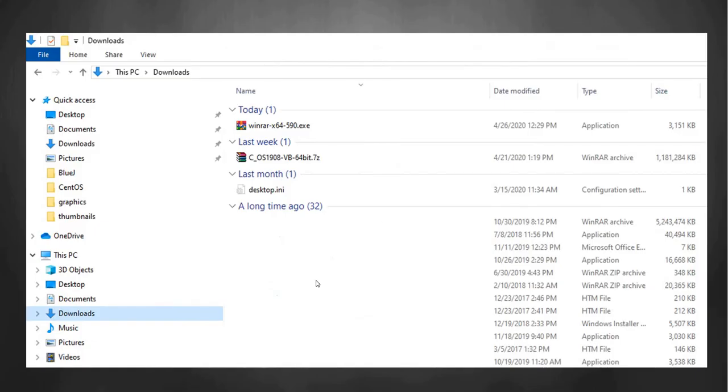Now you go to Downloads on your workstation or your home computer, and you'll see the two right here, the WinRAR executable, and also the 7-zip. You'll need to double-click on the executable, install WinRAR, and then once that's done,